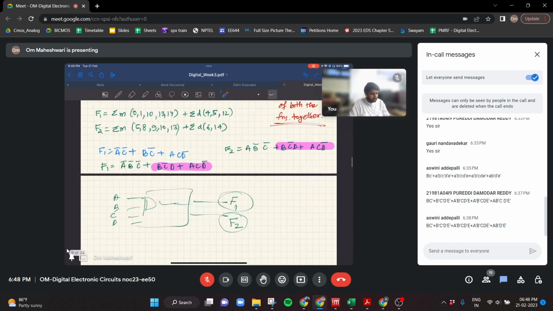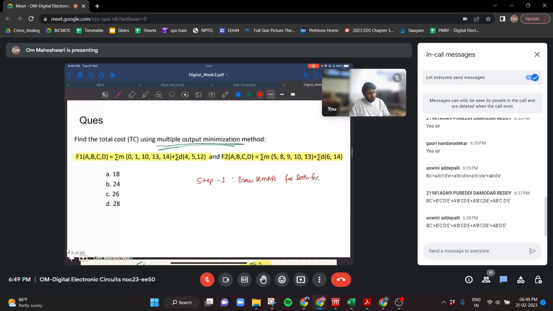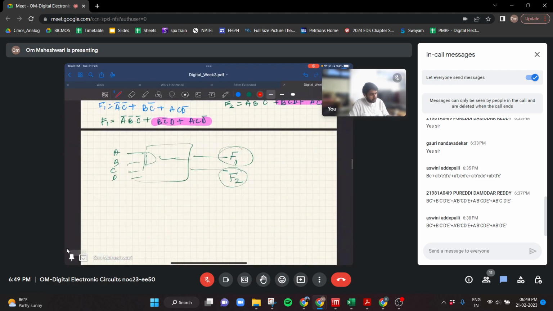So I hope I'm making sense, but if not, please let me know. I'll repeat. So now we are being asked to find the total cost. So for total cost, first we need to know something, that is the number of gates